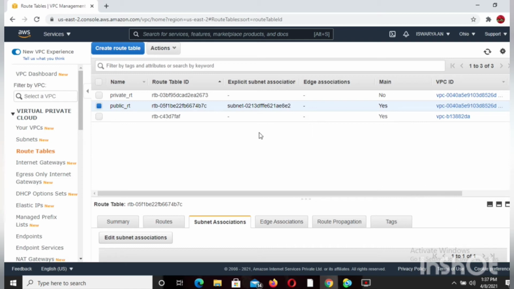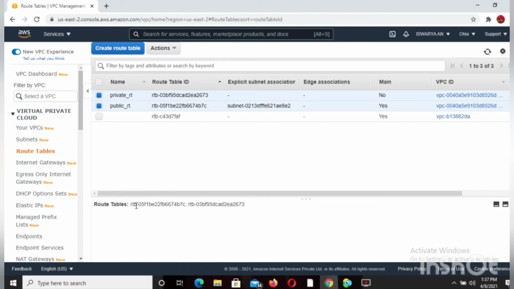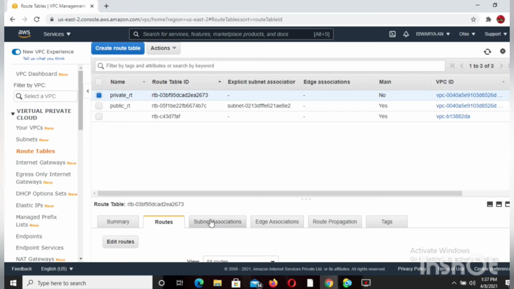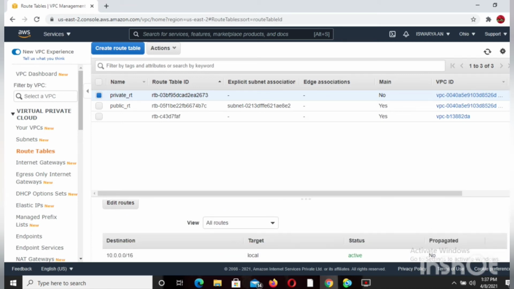Select the private route table, select only the private subnet, and in this we don't want to add any routes here. We can edit the subnet association alone.